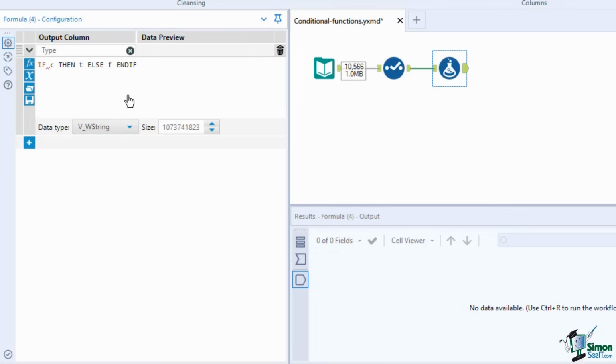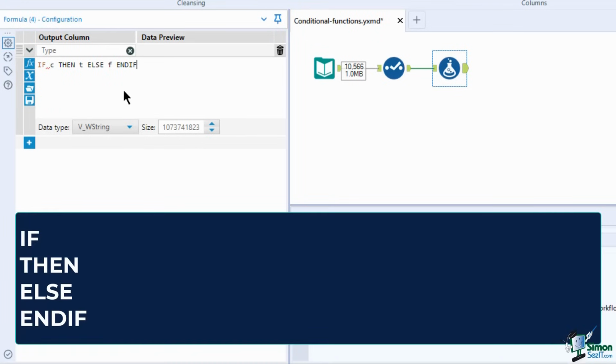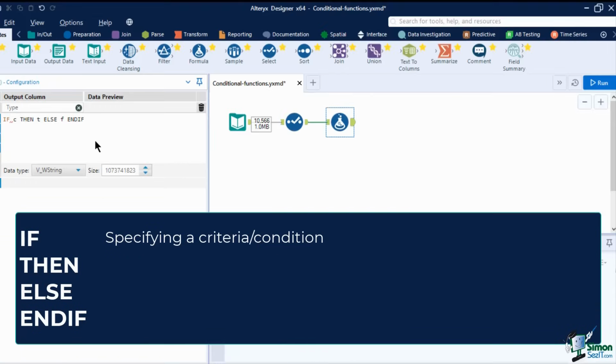This function has 4 parts, or clauses: if, then, else, and end if. Each of these words creates the framework for applying a logical change to your data. If is for specifying a criteria or a condition. This condition can either test a numeric value, contain a specific keyword, or satisfy a status. In our example, we wanted to check if the app was free or not. So we will type in the condition price greater than 0. To type in this condition, double-click or highlight C: on the if clause, and then type in the field price